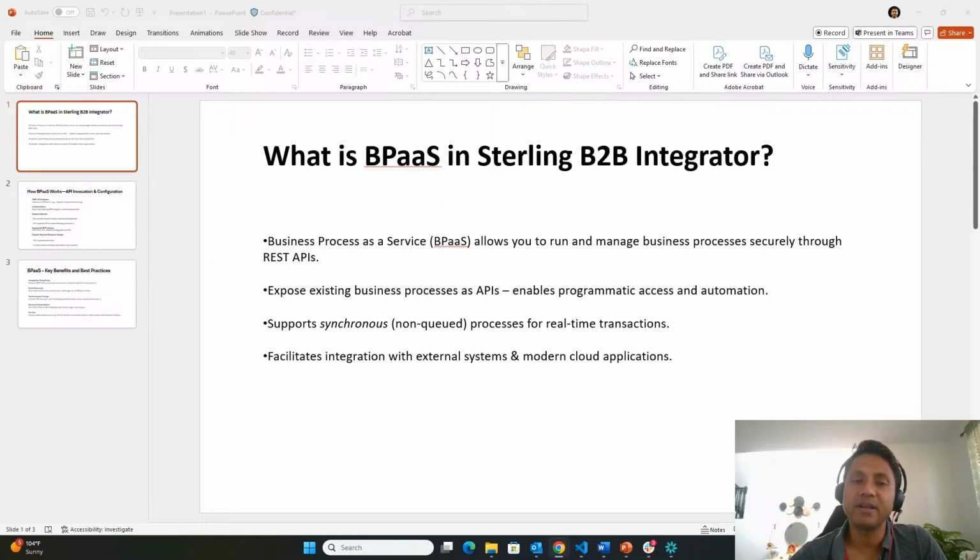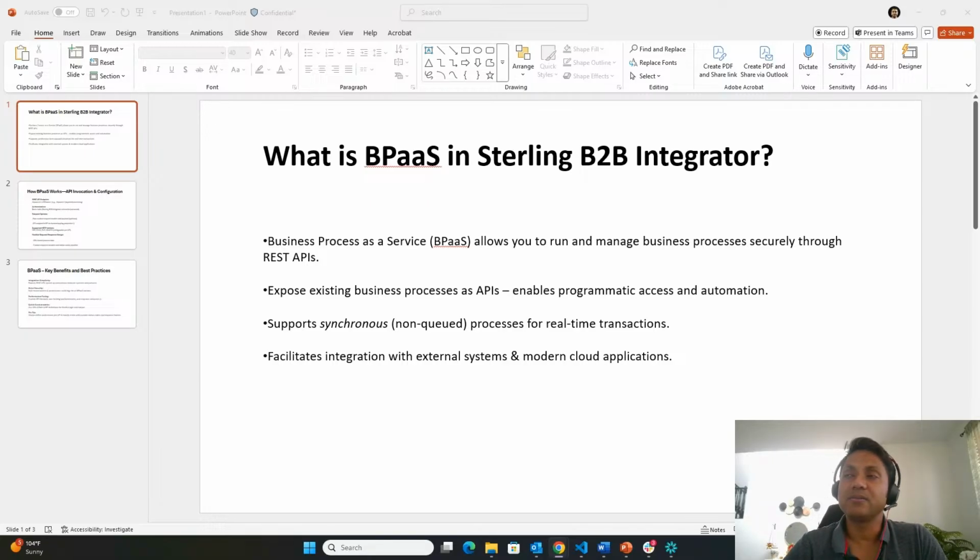And this is a real-time request because the patient is waiting in the pharmacy for getting his prescriptions filled or refilled, right? So this is just one use case where I'm mentioning real-time request-response, where there is an HTTPS call, and the HTTPS server adapter is configured for receiving that request and then sending a response back in the same session. So this is also something that can invoke a business process within Sterling B2B Integrator. Now, having that context in our mind,